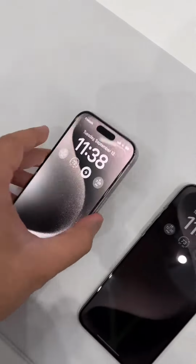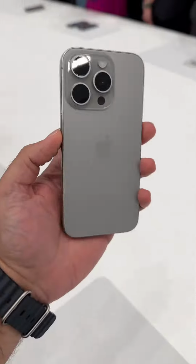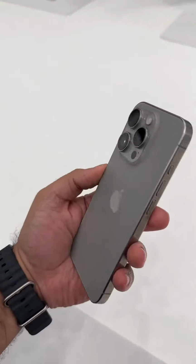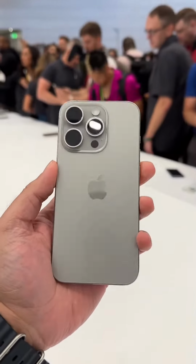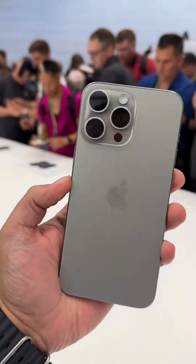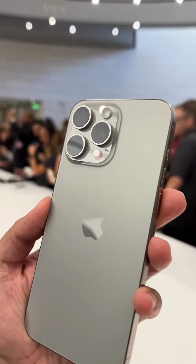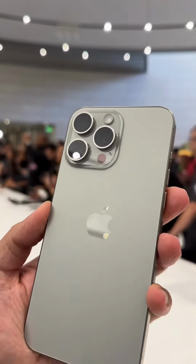Right guys, so here they are, look, the brand new iPhone 15 models. This is the natural titanium, which has got a lot of love. This is the iPhone 15 Pro and the larger 15 Pro Max model. Now there is a difference between these models, and that's really down to the camera, because the telephoto on the